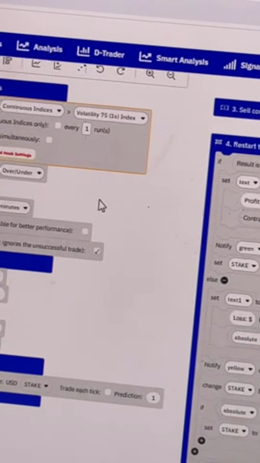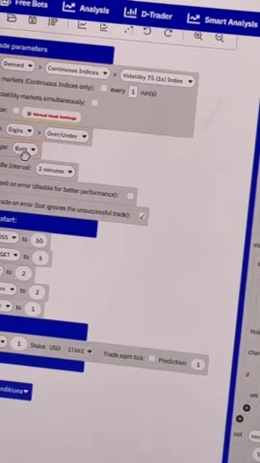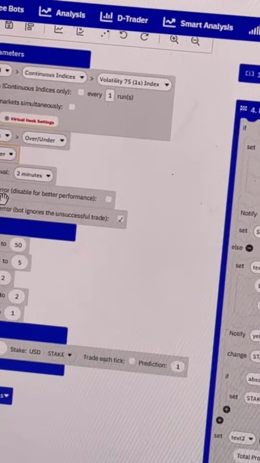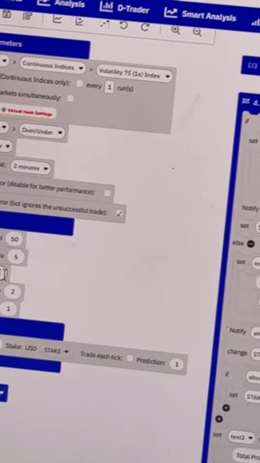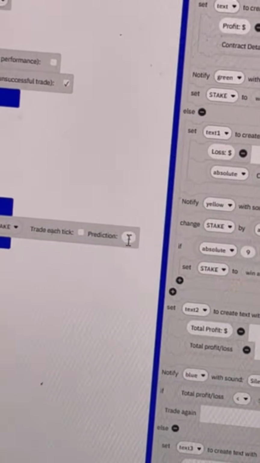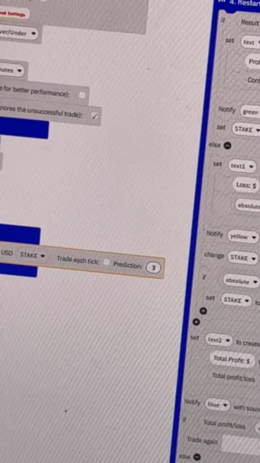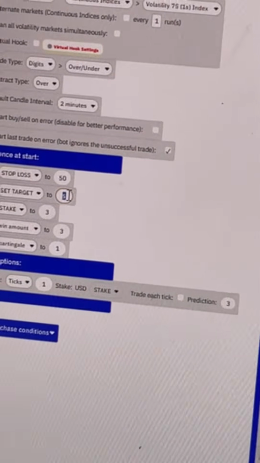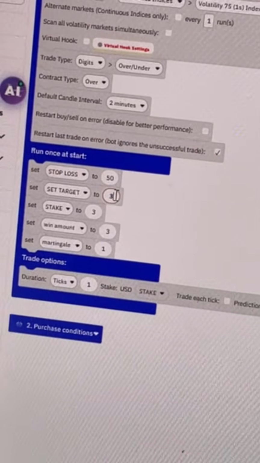We did a demo with 10 1s, with 50 1s, so we can put 75 1s. Then here I've chosen only over. So you put over. Then here I can put a stake of 3. Let me put 3 here. Then for prediction I put prediction 3. Then I said set target should also match. So my set target will also be,